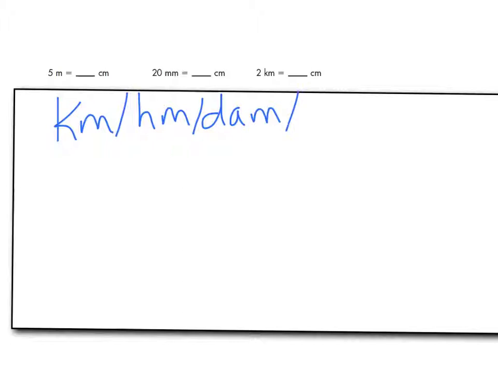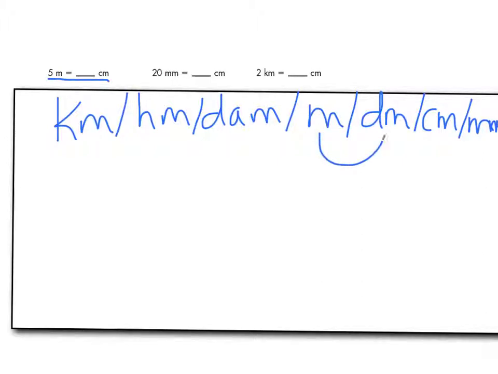All right, so let's take a look. I'm going to write down my rhyme because that's generally how I find it is easiest to do it. But you remember, you're welcome to use whatever strategy you prefer. And I'm going to go 5 meters to centimeters. Well, meters to centimeters, 1, 2 jumps to the left. So 5, remember my decimals here, 1, 2 jumps to the left is going to make it 500